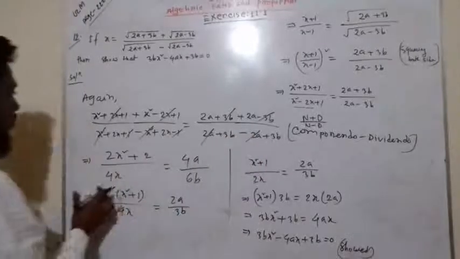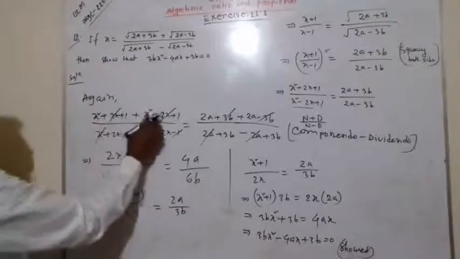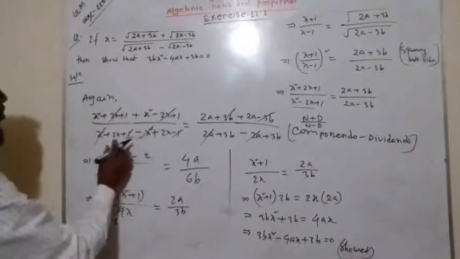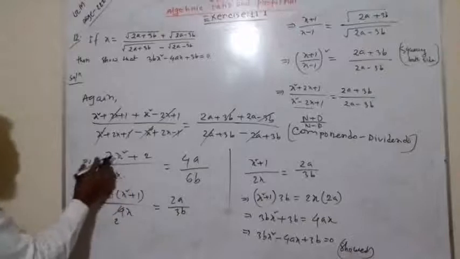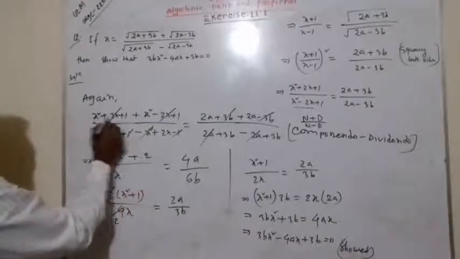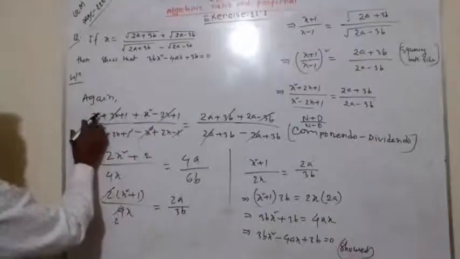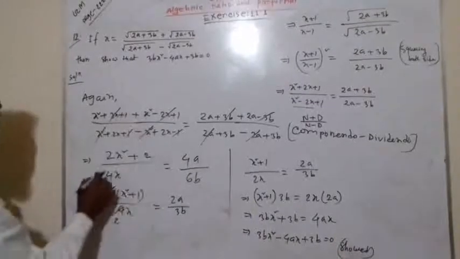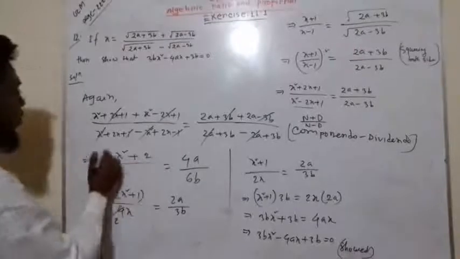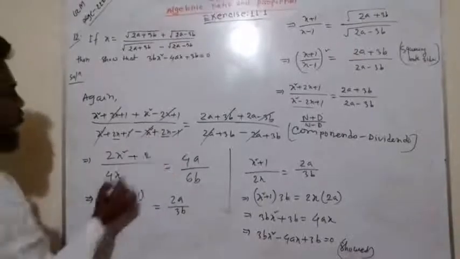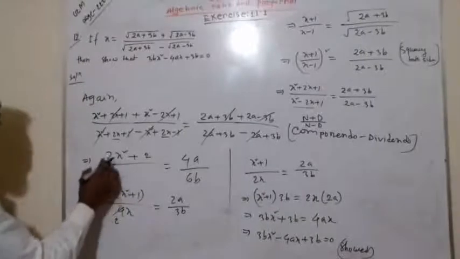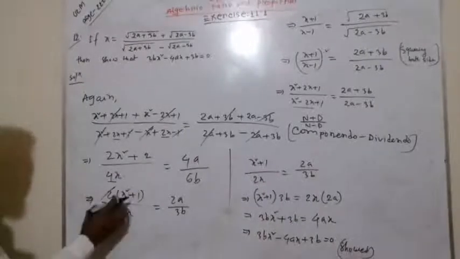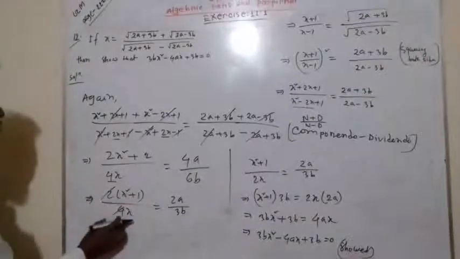So we have the same term 2x and minus 2x with opposite signs cancel, and x square minus x square cancel, 1 minus 1 cancel. So we can write 2x square, here 1 plus 1 is 2, so 2x square plus 2 divided by 2x plus 2x, this is 4x. So 2x square plus 2 divided by 4x. Now we take common 2, x square plus 1 divided by 4x equal to